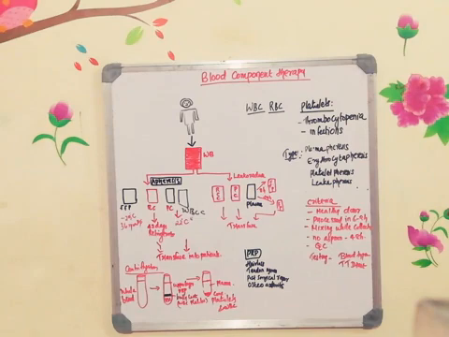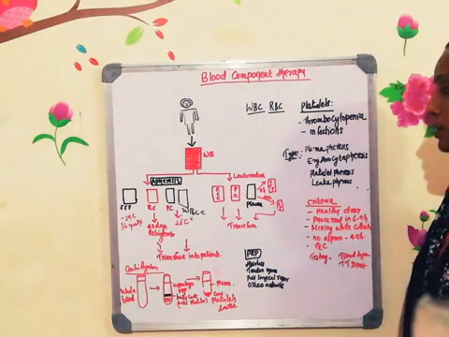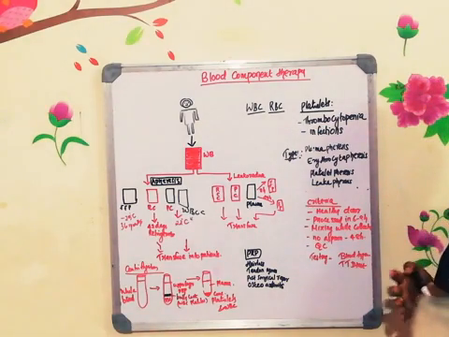The other cellular part will be put back into the body. The plasma which is removed will be replaced with a saline and albumin combination. Not just a saline albumin combination will be given to the patient. So what are the things you need to remember in blood component therapy? What are the different components of the blood?